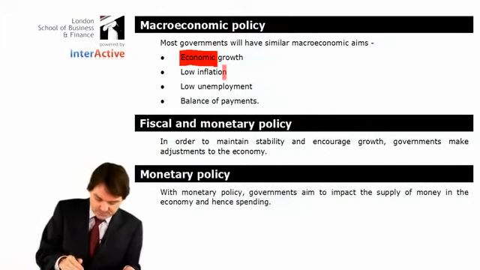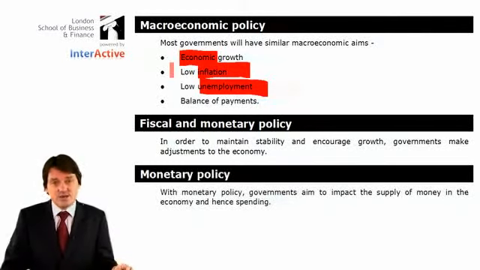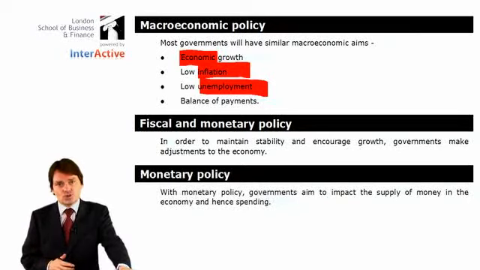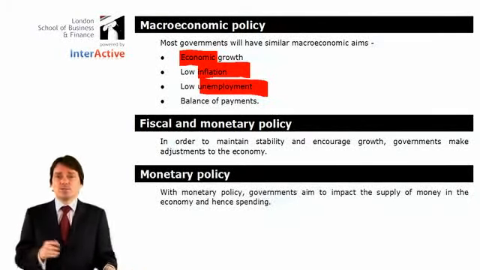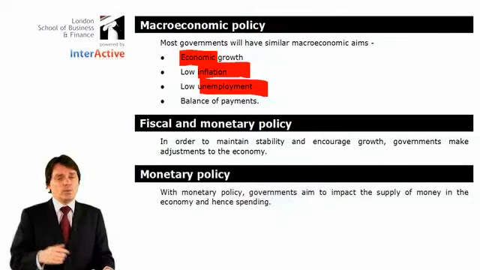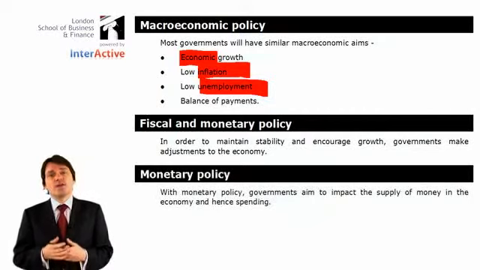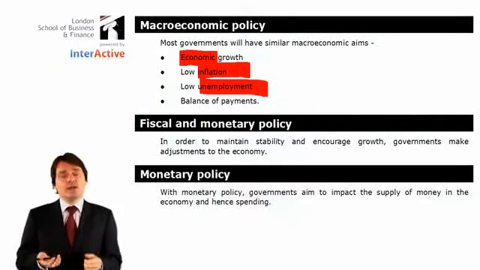Low inflation and low unemployment. So an ideal situation will be people are working and inflation's not going up. Those two may be incompatible with things. The trouble with those two is as more people have jobs, they want to buy more things with the money they earn. That tends to put inflation up.